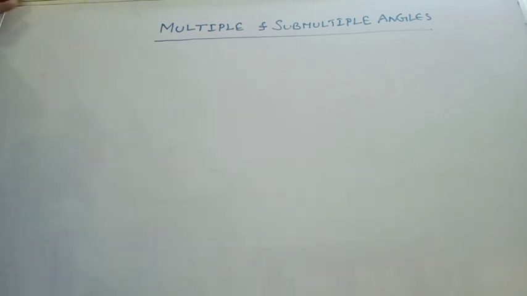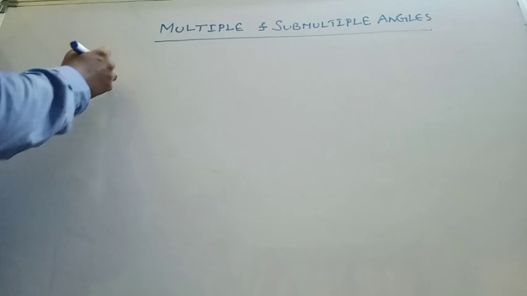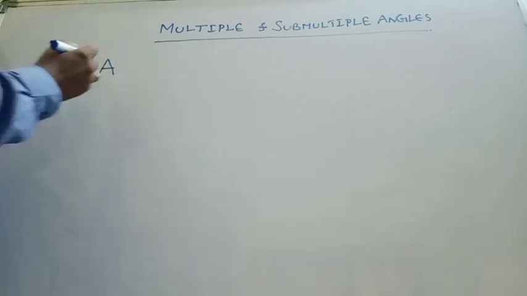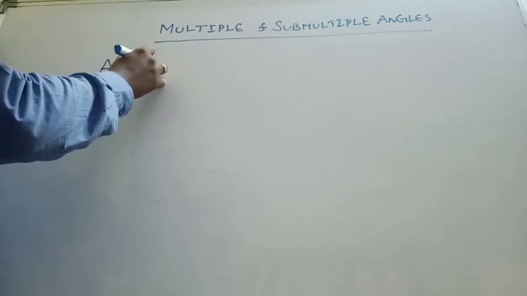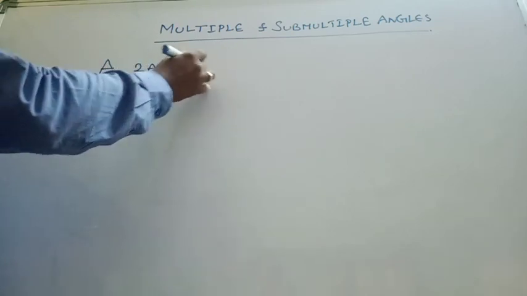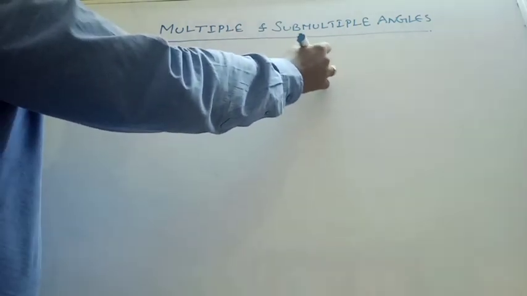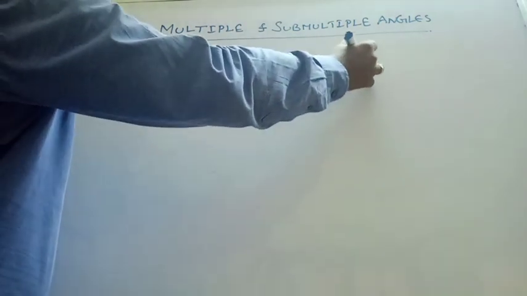Today our concept is multiple and submultiple angles in trigonometry. This is the introductory class. Whenever you have an angle A, my dear students, the multiples of A are nothing but 2A, 3A, 4A, 5A, and so on up to nA, where n belongs to the natural numbers,